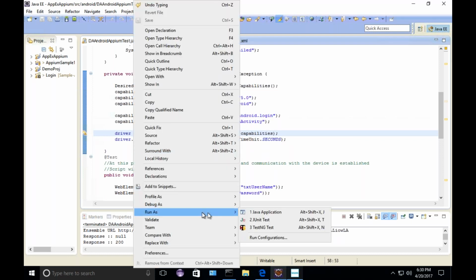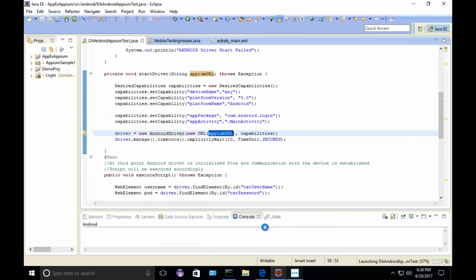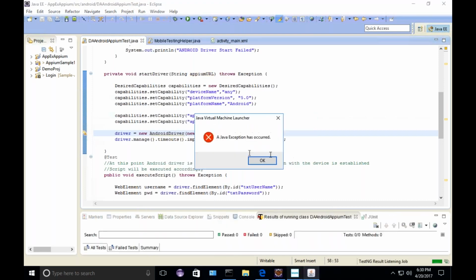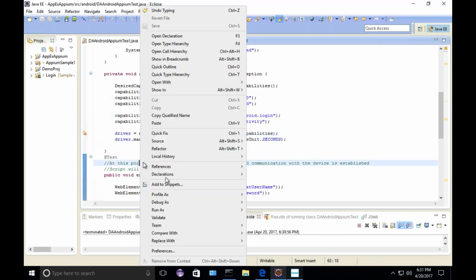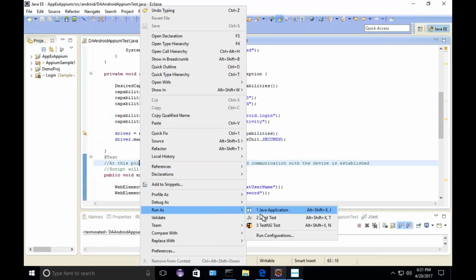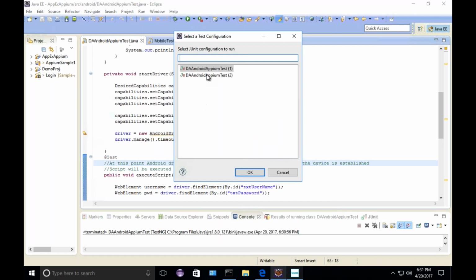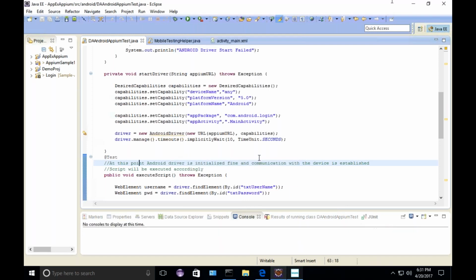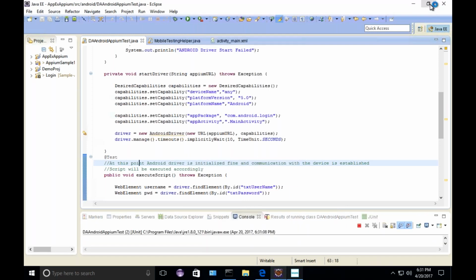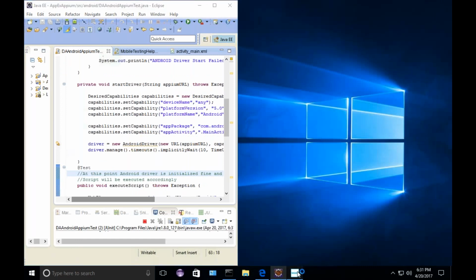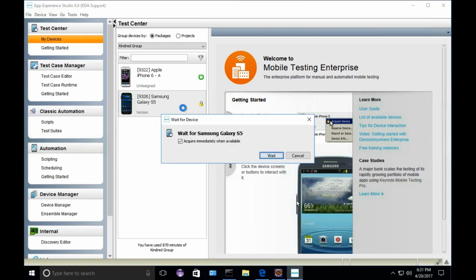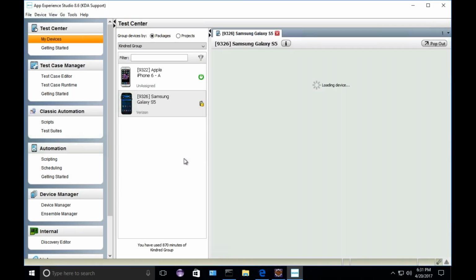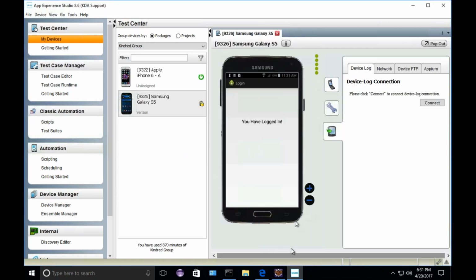So let's see this running in action. You can see already my device has been acquired. It revokes the device from my local setup, and it acquires the device for me.